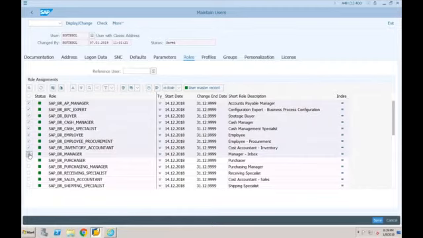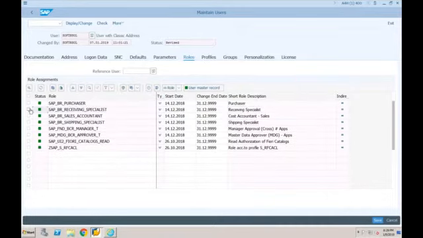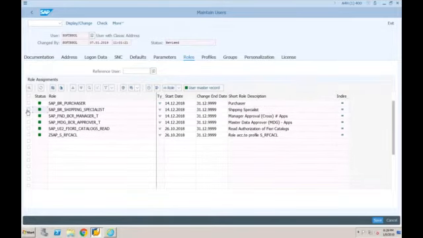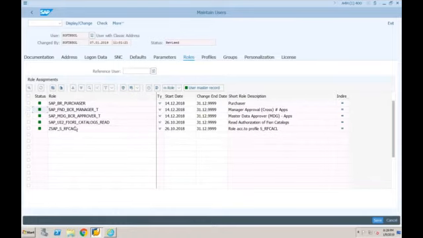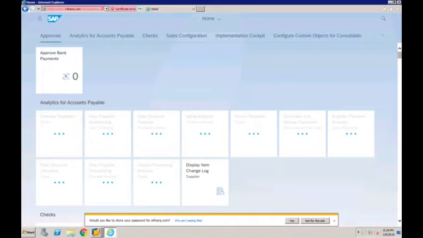Okay, let's do one thing. I want to delete this first. So I'll click on this delete button, and then I want to select this. Okay, let's do one by one. So delete, delete, delete. Okay, so I think this much is enough. So only this many roles I want to give to my user, and all other roles which were available earlier, you can see here sales, implementation cockpit, everything is available here.